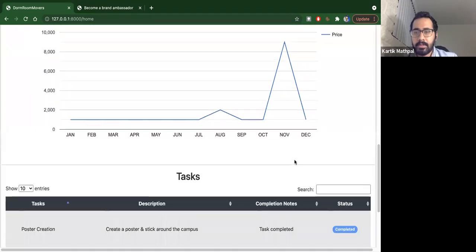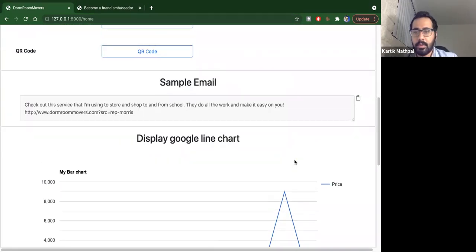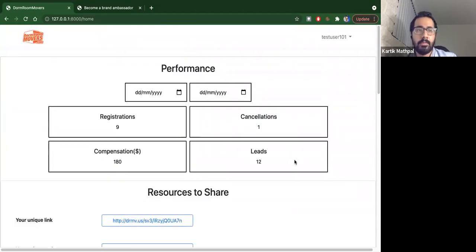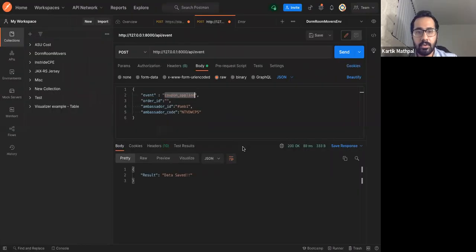So this is pretty much all the features which we have when we sign up on the platform as an ambassador. Now, how we are able to get these metrics, I'll show you a quick demo. We have created an endpoint at our end, which receives the data from the dorm room movers platform based on events.